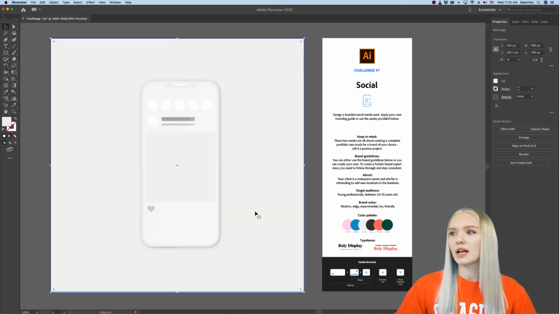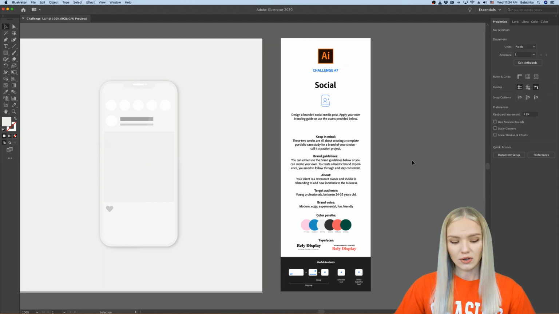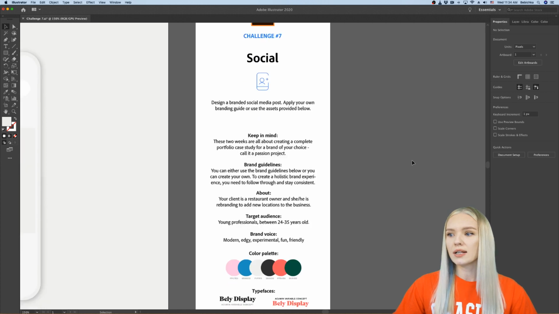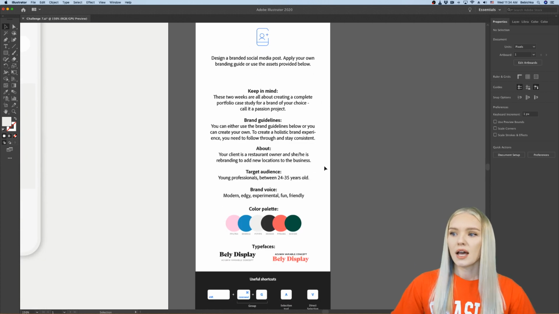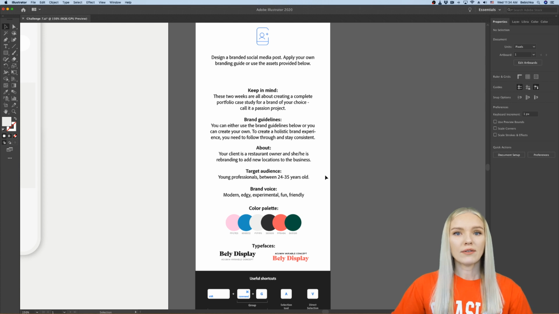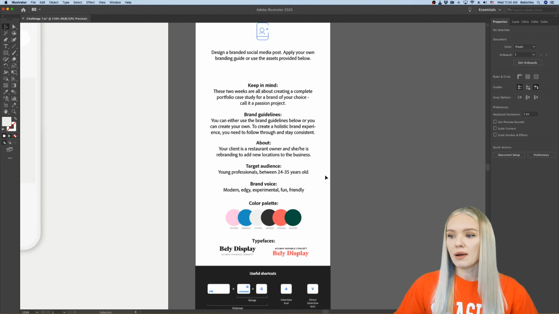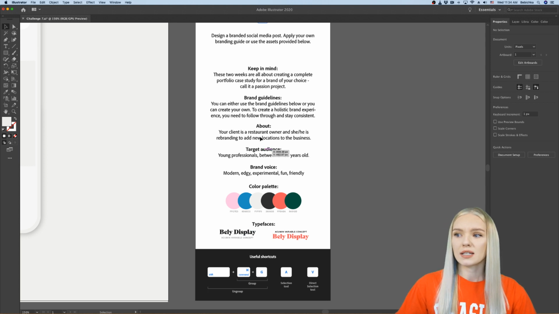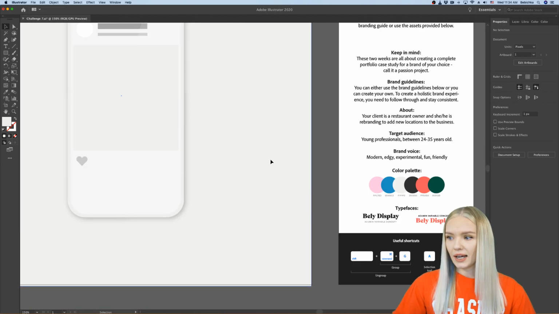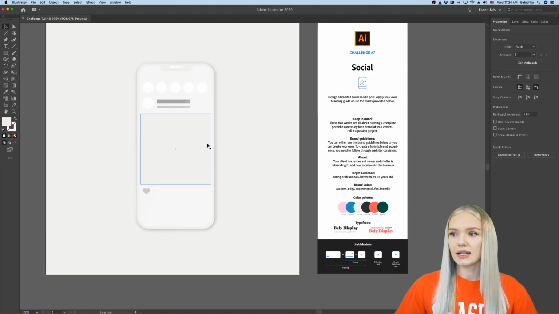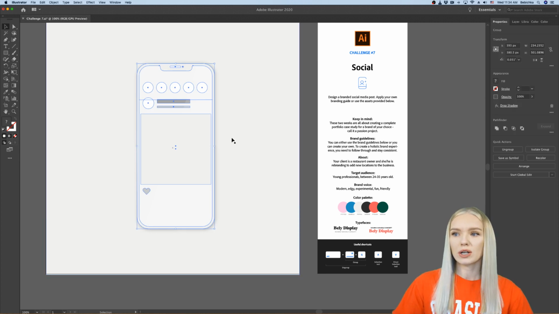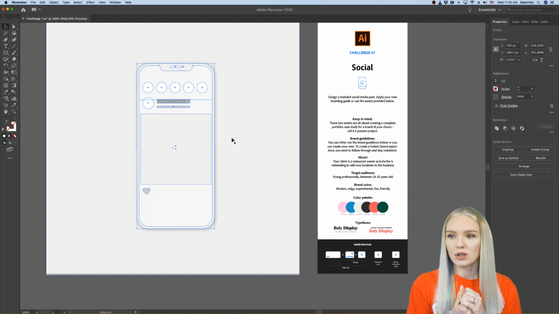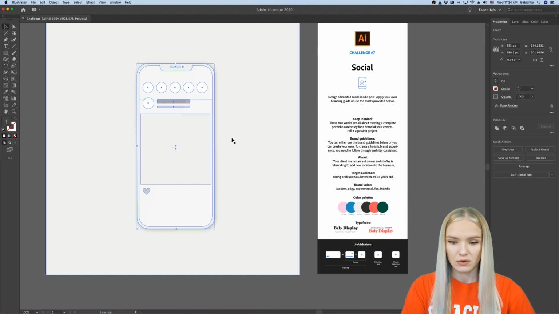It's in the starter file, and on the right side you will find little instructions that describe the challenge and also go back to the past days. It's talking about the brand that I've created. If you have your own brand, of course, apply your own brand guidelines. Here I'm giving you examples in case you're new to this. For color palette or for typefaces, and here is also a client that you're basically creating for. Okay guys, so it's going to be really exciting. As you can see, this is all vector here, so we're going to go more into detail and we're going to do some clip masks to create this post.